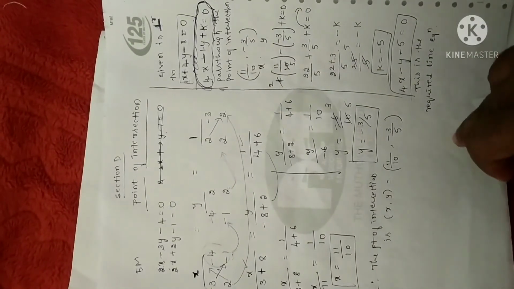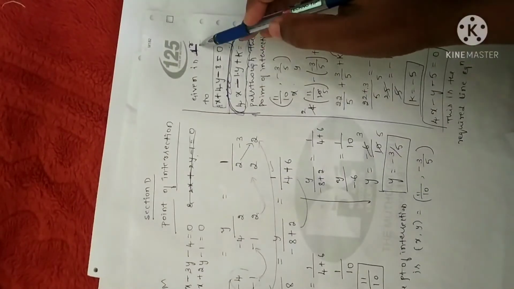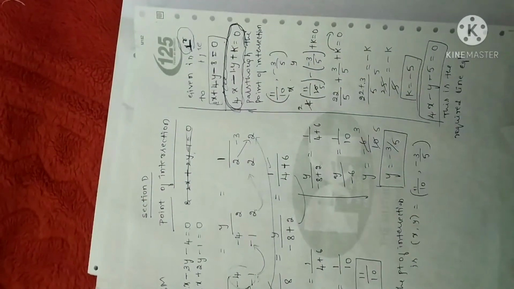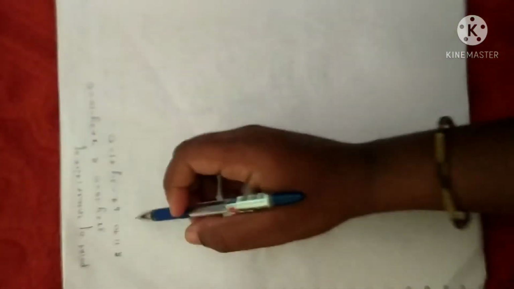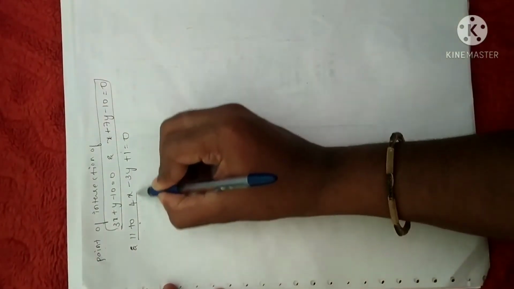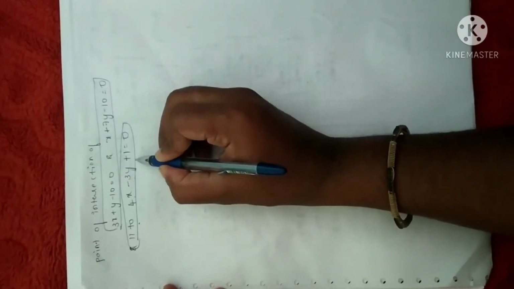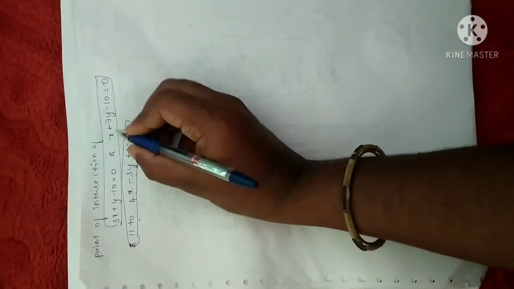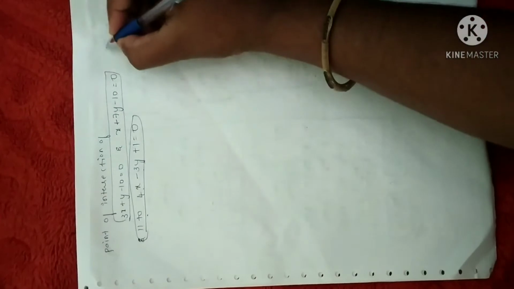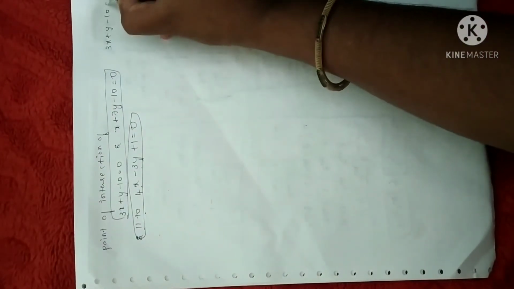Now, the same question will be asked just by replacing the perpendicular condition by a parallel condition. In such a case, let me see how you are going to solve. Now, here is a problem. We have to find the point of intersection of these two lines. And we have to find an equation which is parallel to the line 4x minus 3y plus 1 is equal to 0. In the previous problem, it was perpendicular. Now it is parallel. First step is similar. We have to find the point of intersection of these two lines. So how are we going to find it? First write down these two lines one below the other. 3x plus y minus 10 is equal to 0.